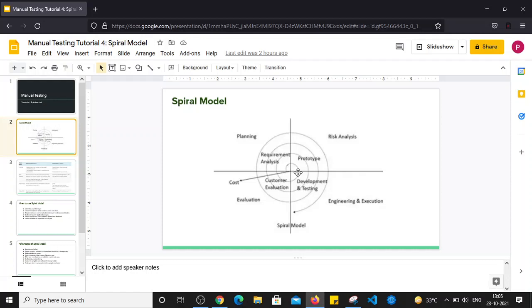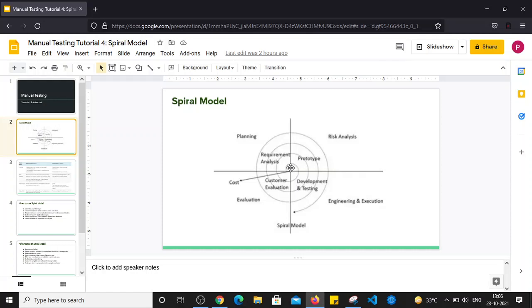So first, understand how the spiral model works. The spiral model is also called an iterative model. So how does it actually work? At the first phase, which is again the requirement analysis phase, when the project starts, the customer or client will come up with some initial requirements. They will give these to the IT company, and the IT company will start requirement analysis for the initial requirements given by the customer. After requirement analysis, the planning and designing will start, so we will enter the risk analysis phase.